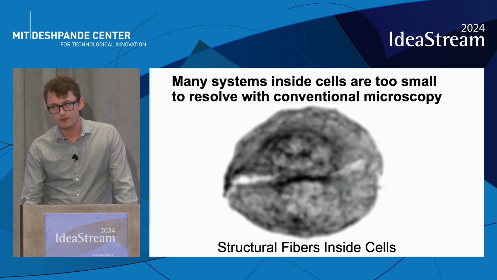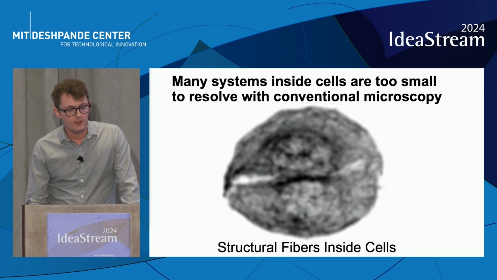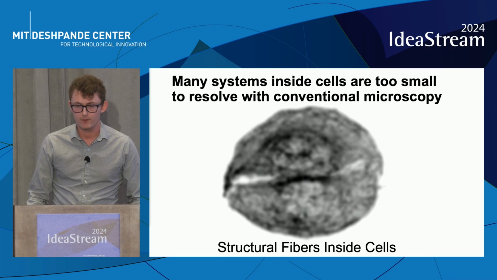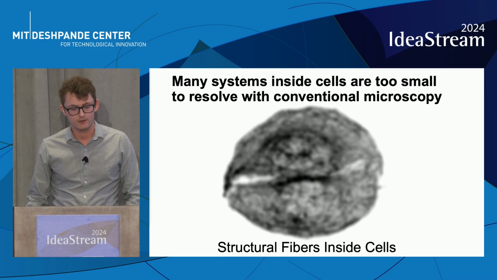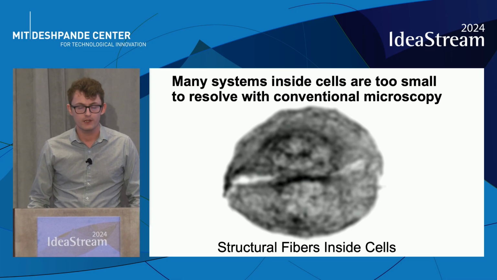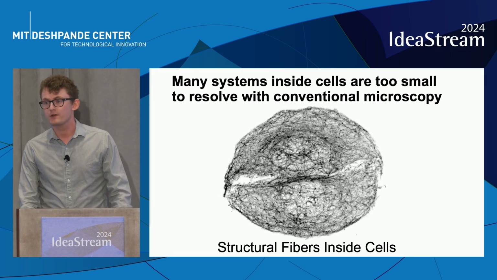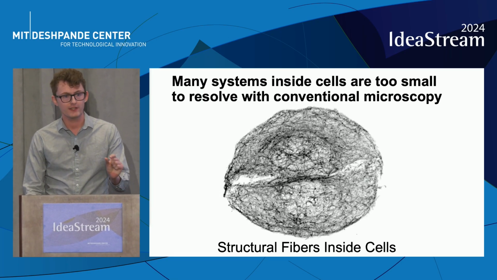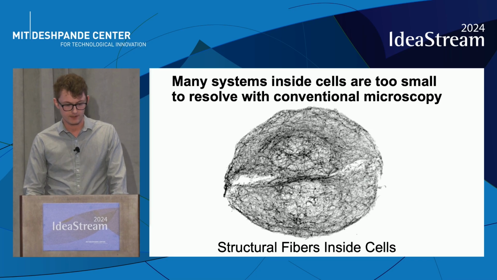And the reason for this is really, like Rana said, that scientists are starting to more and more study systems on size scales that are too small to register in standard microscopy. And so here we're looking at a couple of cells stained for a structural protein. And we can see that with the application of super resolution microscopy, we can really start to pick apart those individual fibers, kind of as an example.